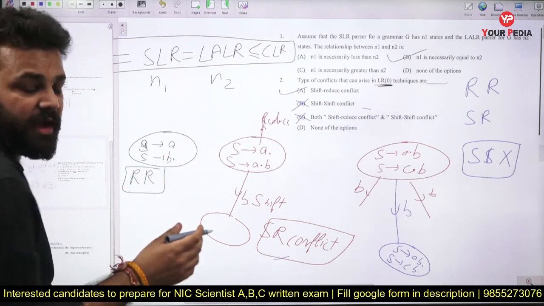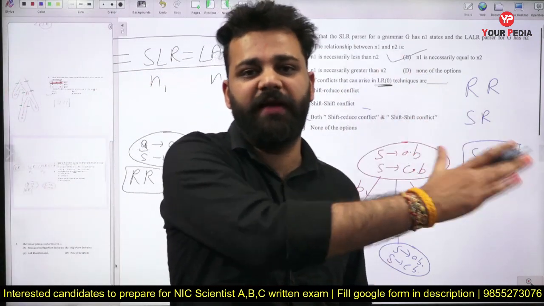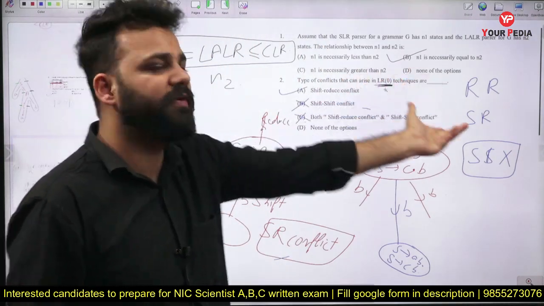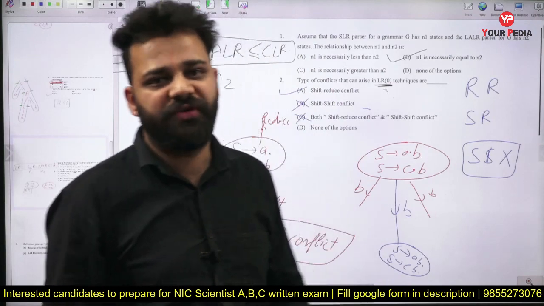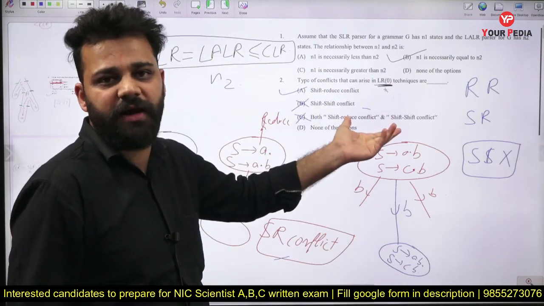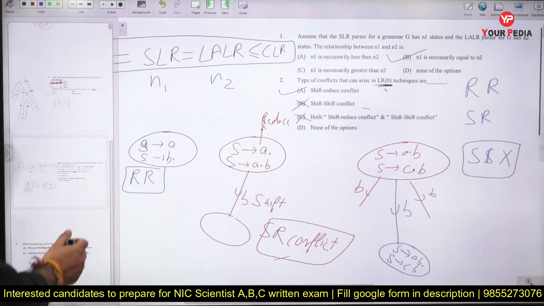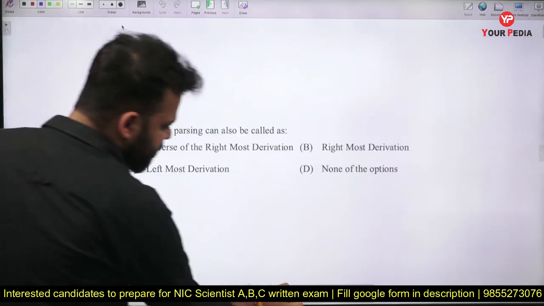Again, this was easy. I have taken some time in order to explain this one, but it was very easy. Which of the conflicts can arise in LR0? So shift reduce will arise, and reduce reduce will arise. There is no case for shift shift. So it was a pretty basic question. Now next is